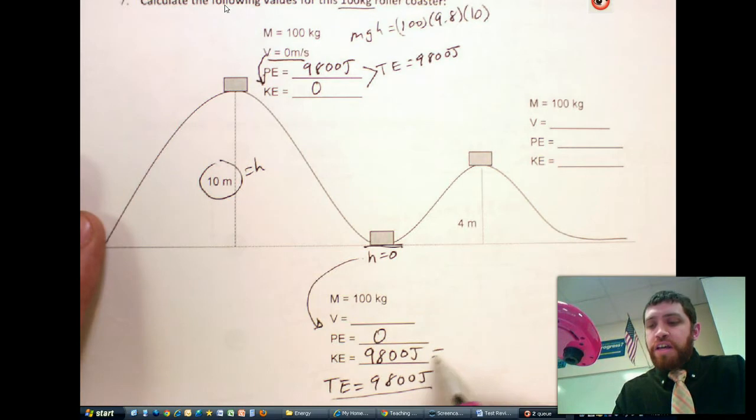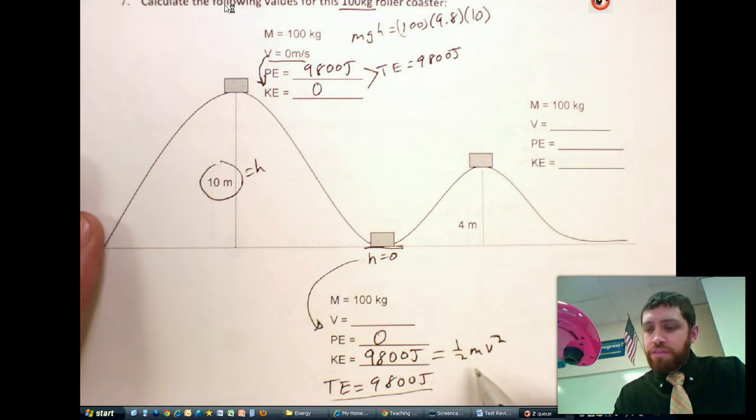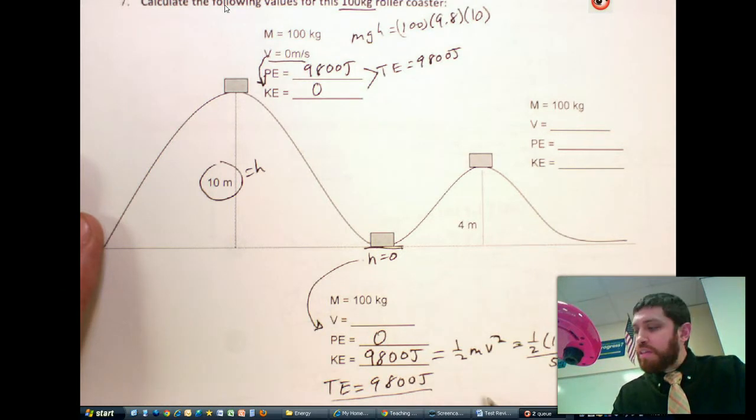And that energy has to equal 1/2 mv squared. That's how you calculate kinetic energy, and we can use this equation to solve for v. 1/2 mv squared, the mass is 100 times v squared. 100 divided by 2 is 50. So if we divide this by 50 and divide 9,800 by 50,